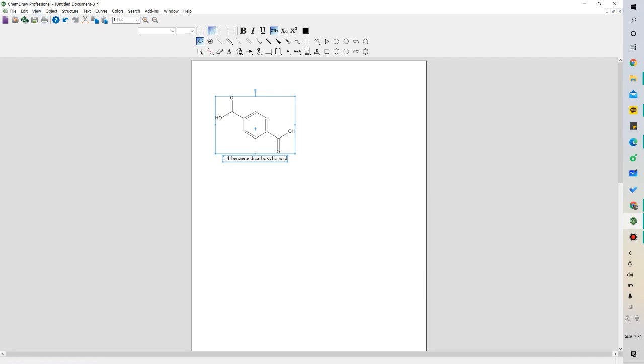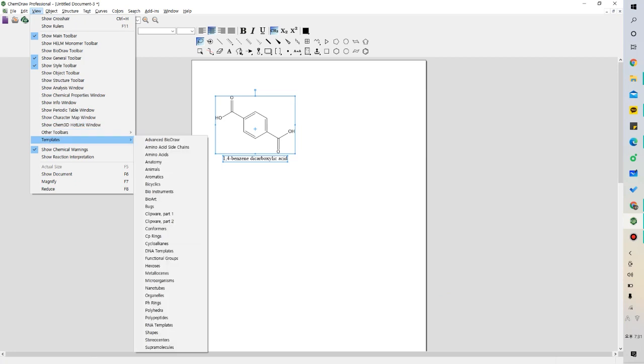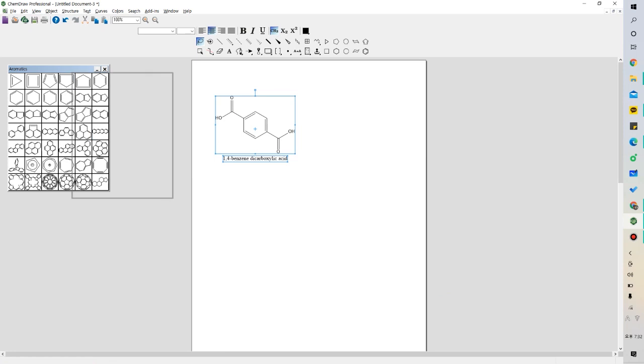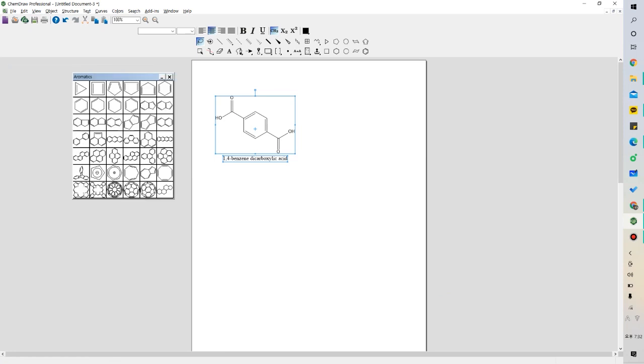Another function is the template bar in the view function. Let's click aromatics, for example. We can see a lot of structures even inside the aromatic classification. So this is porphyrin. Let's draw this. You can easily imagine how hard it is trying to draw all these one by one.